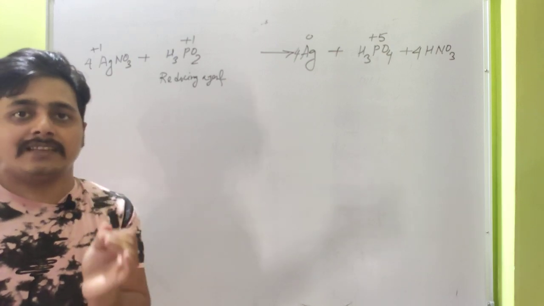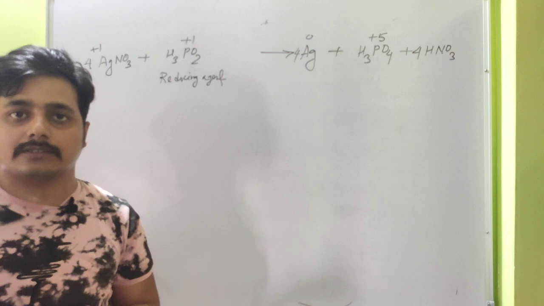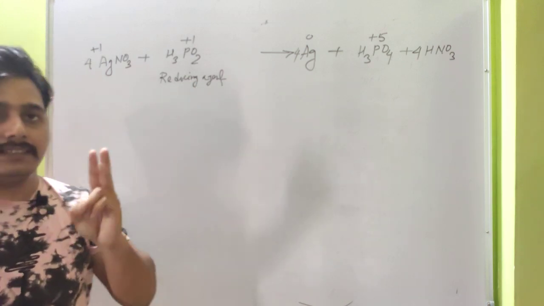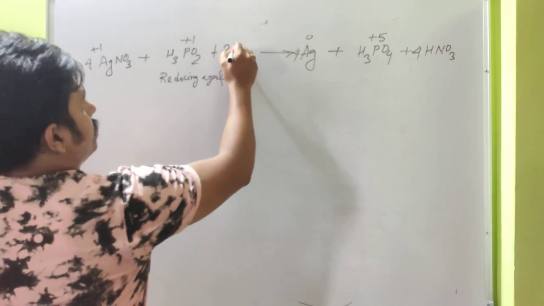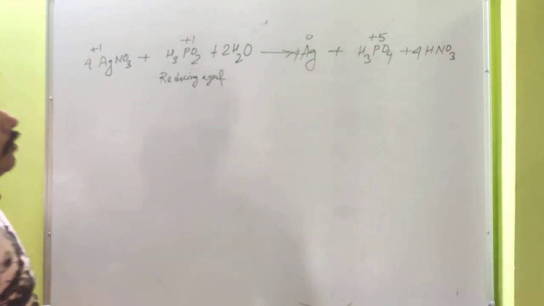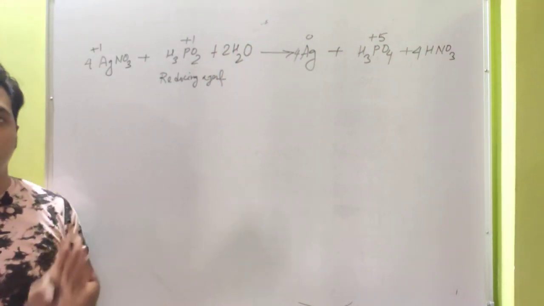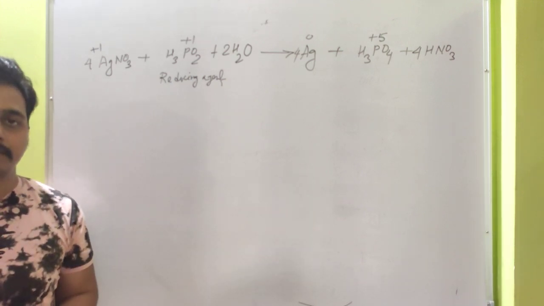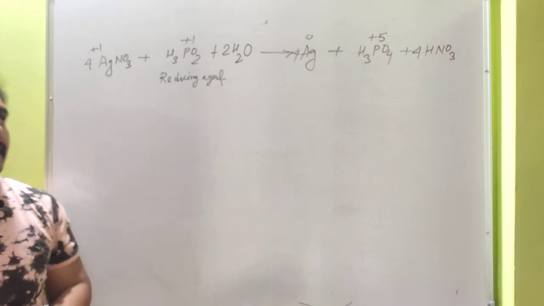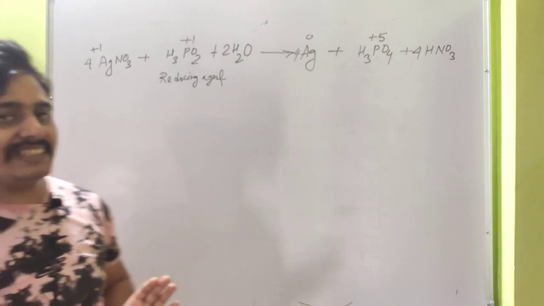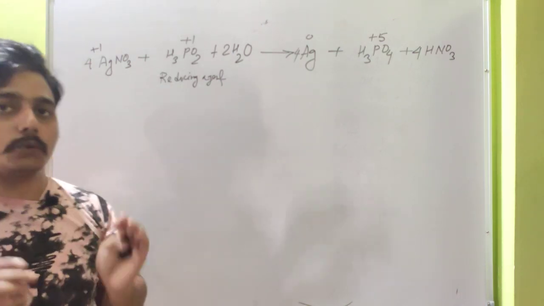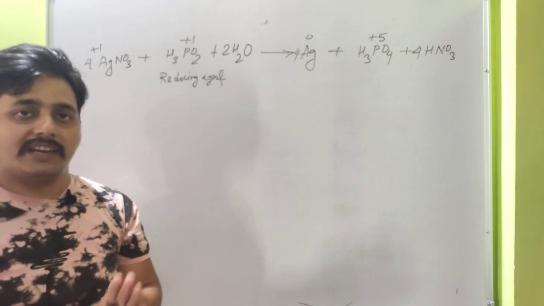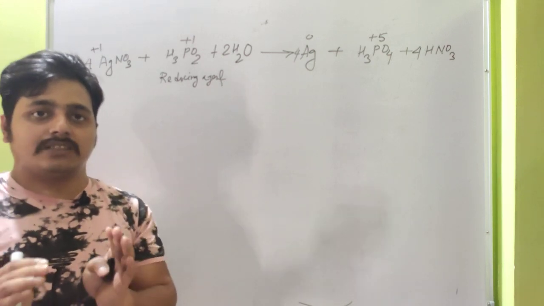To balance oxygen, we add water molecules. So here we need 2 water molecules. Now this reaction is completely balanced. This reaction indicates the reducing behavior of H3PO2. Very simple. Next we discuss